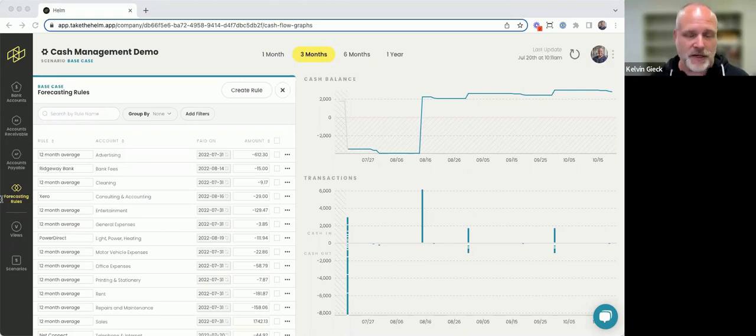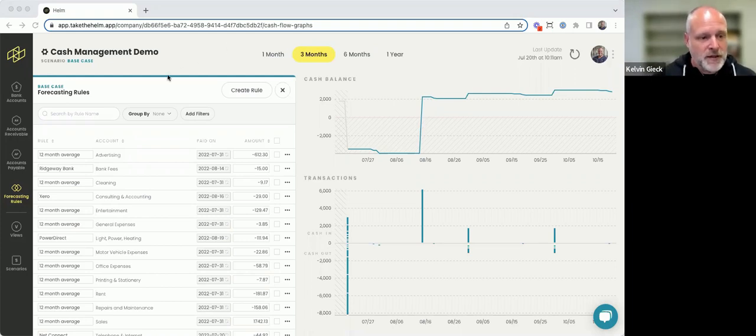I don't have to go to any accounting system and open up other AR and AP reports. All the information is here. I don't need to open up a spreadsheet and manipulate it. Our accounting data is tied directly into Helm through integrations, and it's calculated and automatically updated for us as the accounting system updates. And I can easily make any changes to my future estimates using the forecasting rule drawer here that I'm sitting in. And so this makes managing, planning, and collaborating much, much easier in the cash management process. You're not jumping around to different systems. Everything's in one spot. You can easily visualize it, see it, plan it, talk about it.